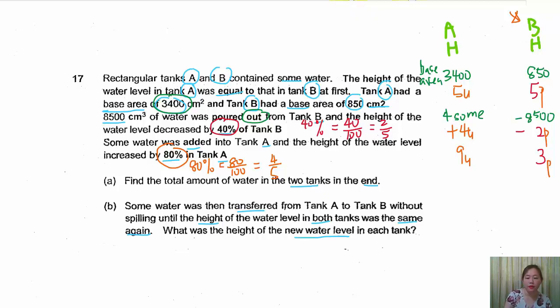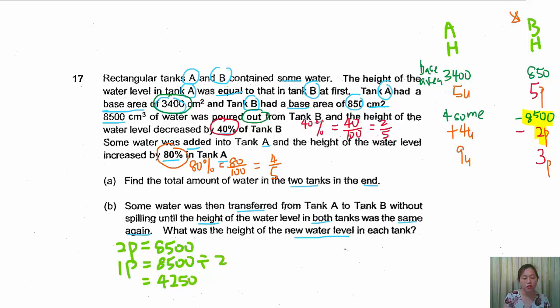So we can now work backwards using this information here. 2 part is equal to 8,500. Therefore, 1 part is equals to 8,500 divided by 2, which is equals to 4,250. So since we have found our 1 part, let me just highlight it